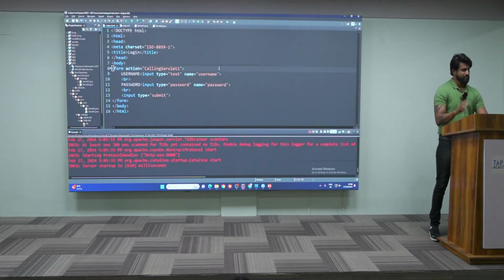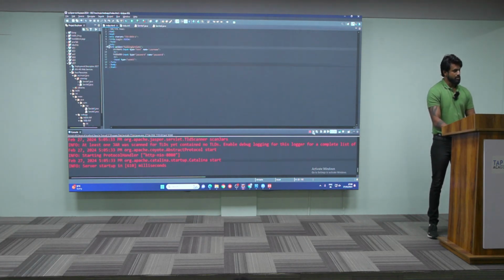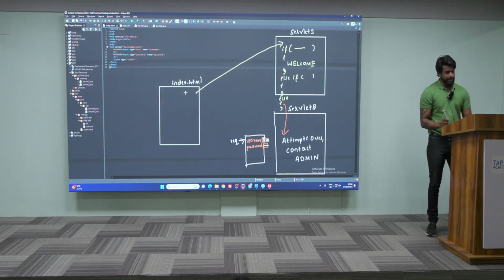Be very careful. I'm telling you once again. So let me come here to my diagram. Let me stop the server. Let me close this console. Let me come to this diagram. Can you please tell me,